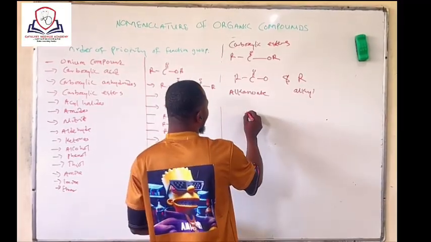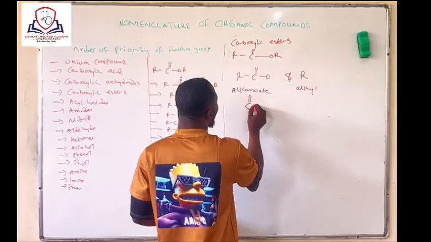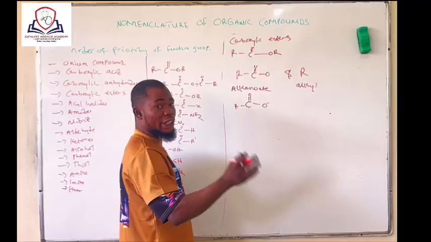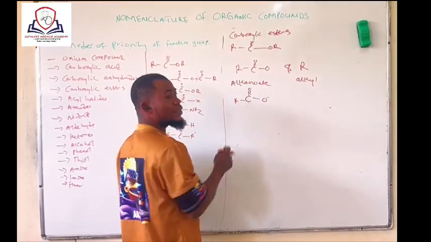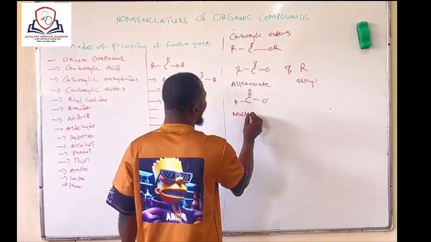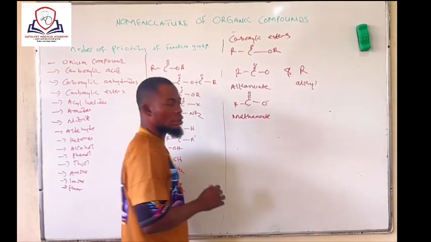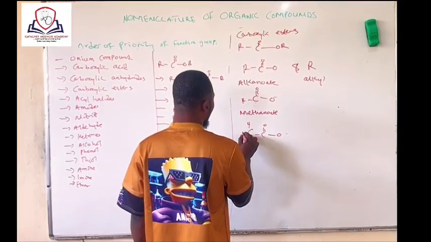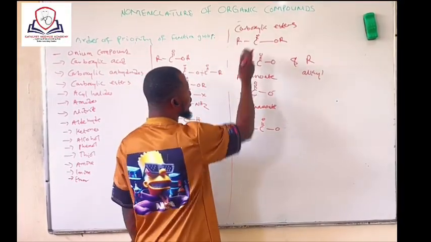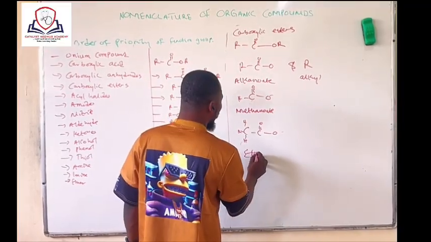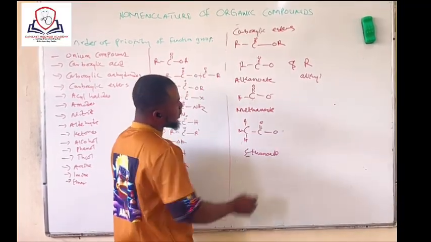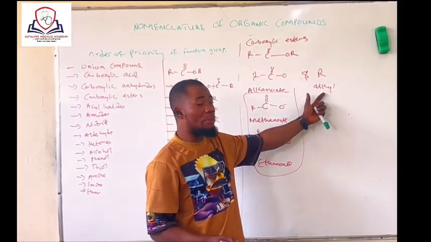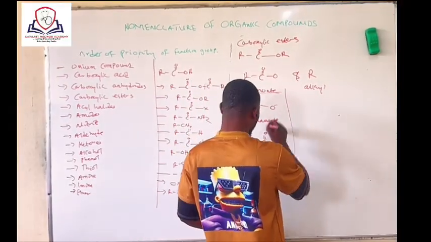If you have a C double bond like this, you should know that this is carbon number one. Carbon number one is supposed to be methane. But since it is in ester form, you'll have methanoate. You can have carbon number two, ethane. But since it is in ester form, you'll have ethanoate. And we said these are your parent name. These are the ones that you will call last. You will mention the alkyl part first. For example, you can have